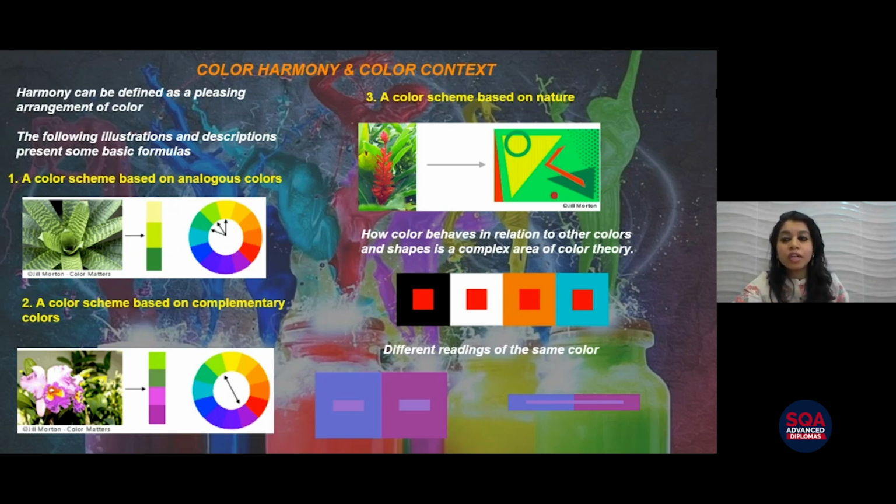So you need to be very careful about these things. Now, when I was talking about the different meanings of color, the red color is very passionate. It is associated with passion. It is associated with strength. It gives you an aggressive feeling at times, but it basically symbolizes both a good part and a bad part.